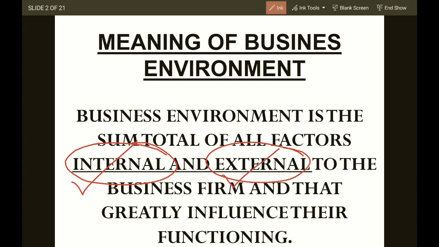External factors are classified into two categories, that's micro environment and macro environment. Micro environment is partially controllable by the organization, and includes suppliers, competitors, customers, public, and shareholders. Macro factors are uncontrollable and cannot be controlled by the business organization. They need to adapt to macro factors for running their business activity effectively and efficiently. Macro factors are the political environment, legal environment, social environment, technological environment, and demographic environment.